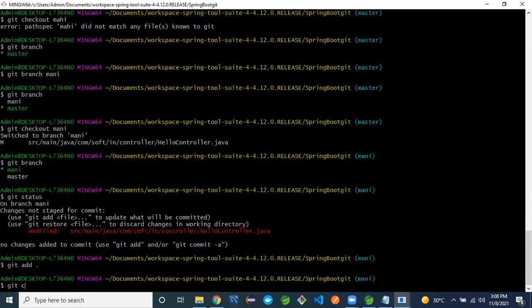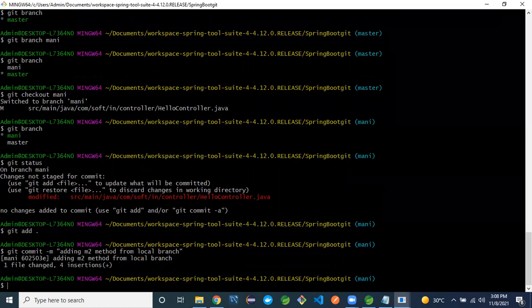Git commit -m with a message, adding m2 method from local branch. Enter. See, one file has changed. You can git push.